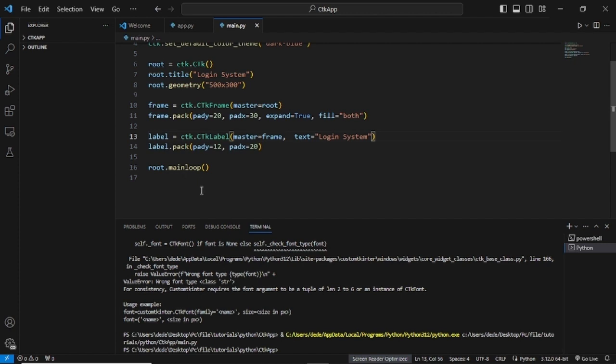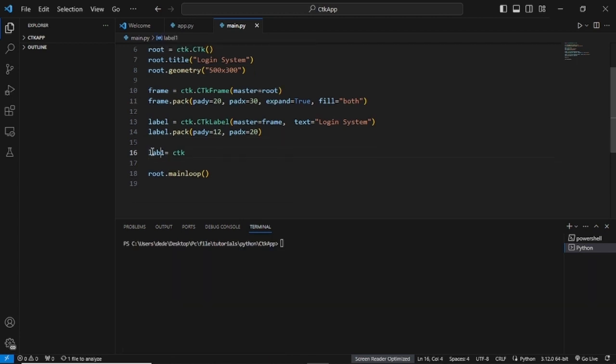So now I'm going to show you how to create entries, like that little box where you can type in text. It's actually pretty easy. We're just going to make two: one where you can type in your username, and one where you can type in your password. So first,